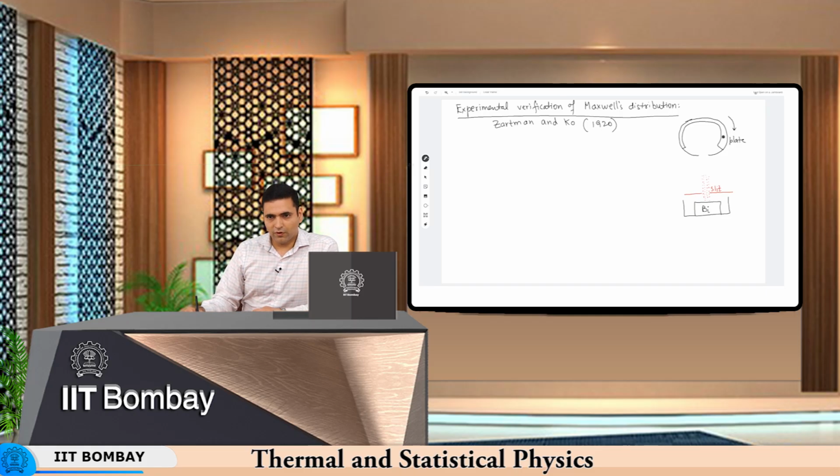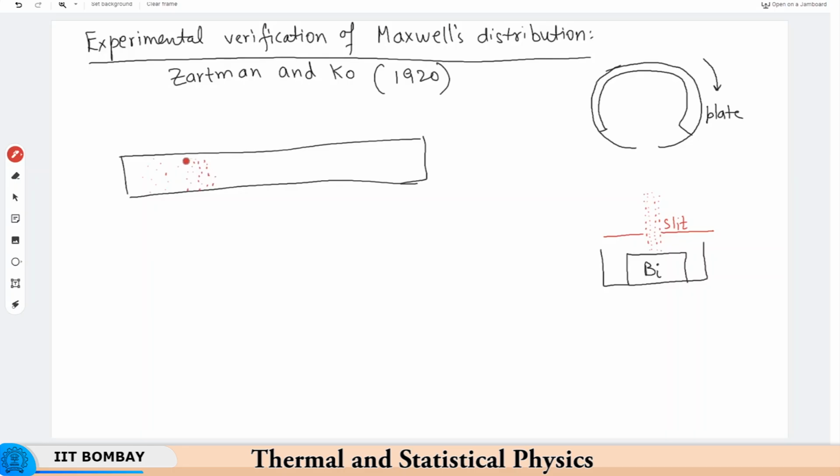All right. So, what they later do is they remove this plate, right. So, I am just now drawing this plate. So, this is the plate. Okay. So, they remove this plate and what they observe, maybe I can use red color. So, there are very few molecules which arrived very, very late, okay, but there were some molecules or atoms rather, right, because these are bismuth atoms which got deposited, and then there were fewer and fewer atoms, right. Okay. And what they did